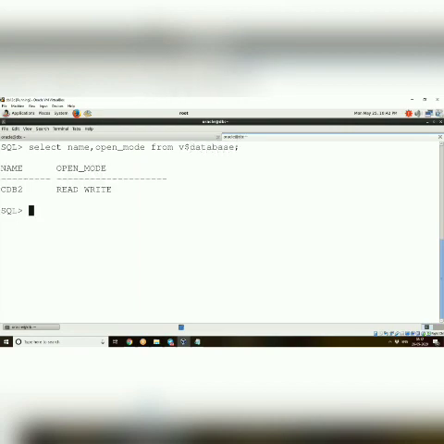Because I know archive log, what I'll do is go to the mount stage and then switch to the archive log, isn't it? So I'll shutdown immediate. I have to bring up my database in mount stage and change it to archive log. That you know already. So now we have shut it down. Now startup mount.